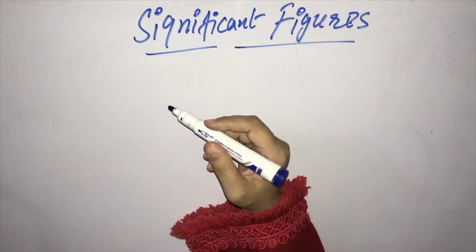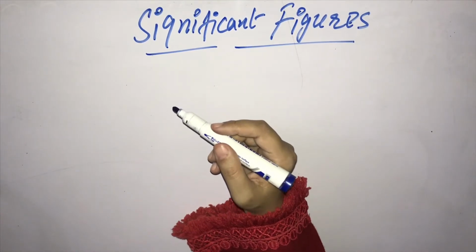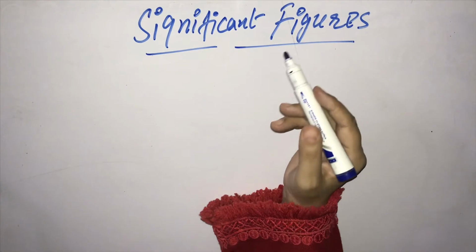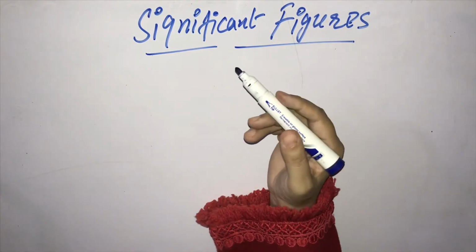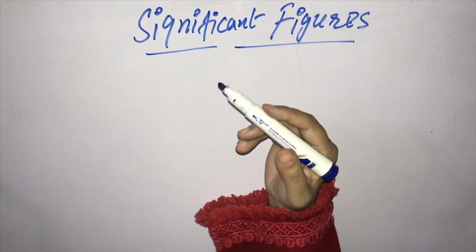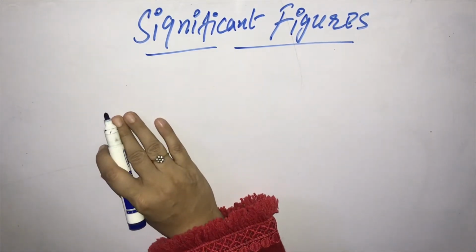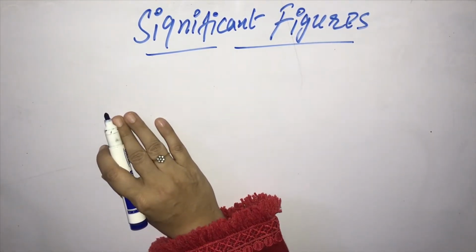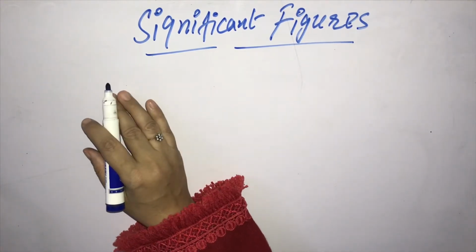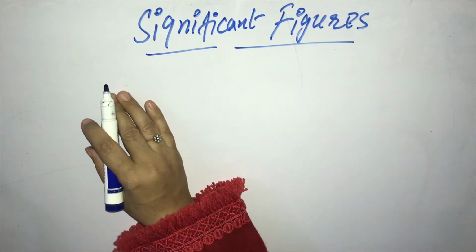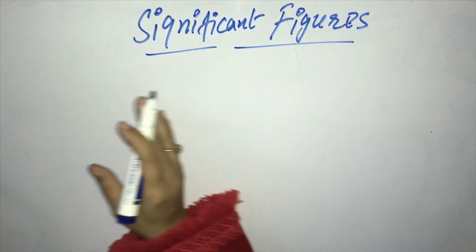We are going to discuss how to round off a number to a given number of significant figures. There are a few rules which we follow when we round off a number to a given number of significant figures, and we shall discuss those rules while doing the examples. In general, we start counting significant figures by the first non-zero number.